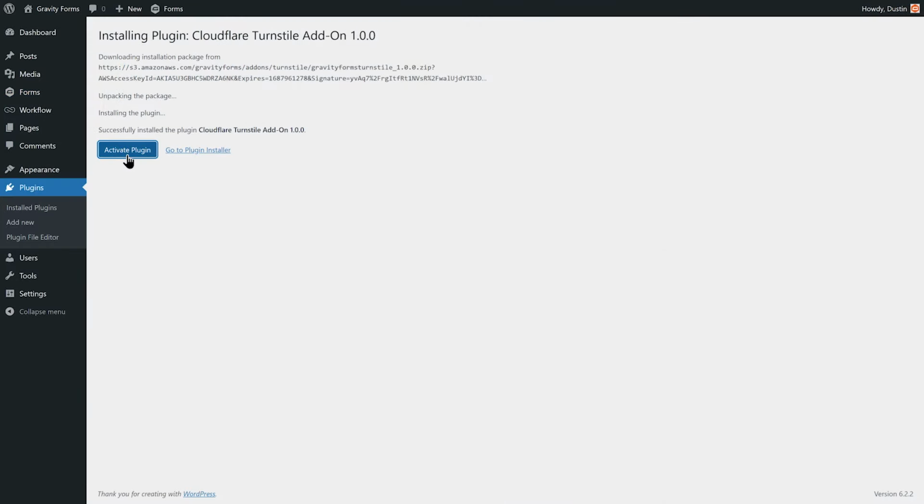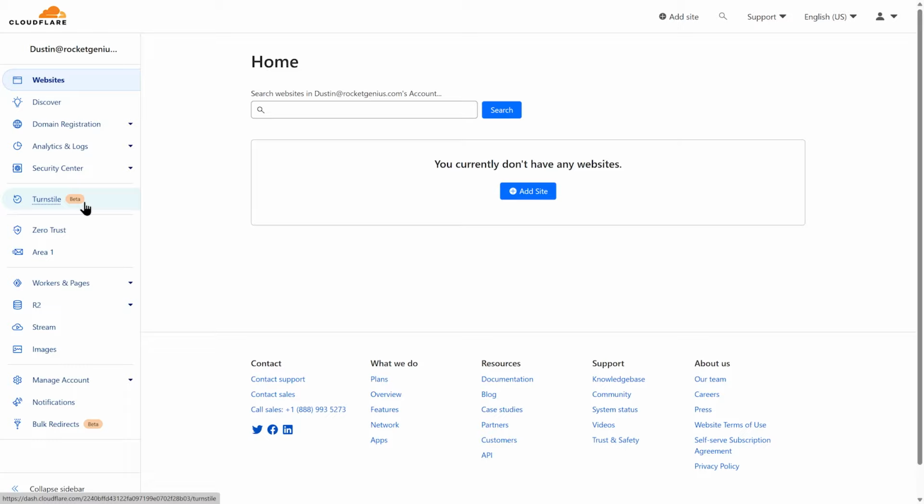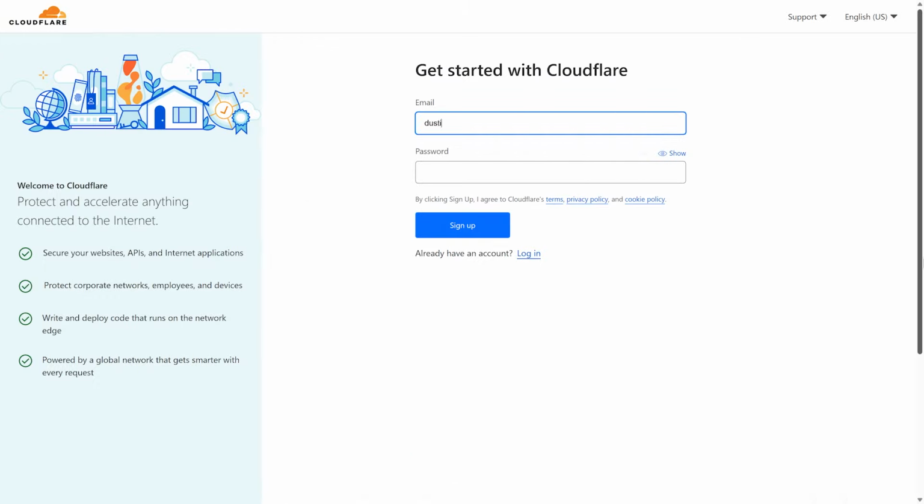admin dashboard. Next, you'll need to log into your Cloudflare dashboard to connect your site with Turnstile. If you don't have a Cloudflare account yet, you can create one for free using the link in the description